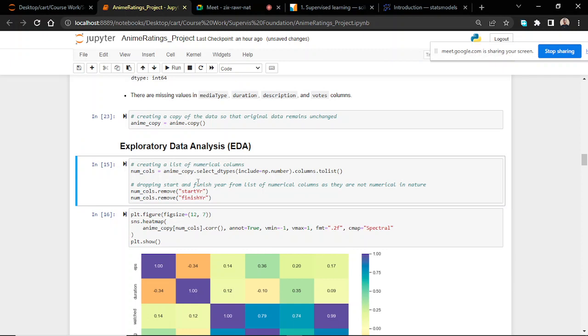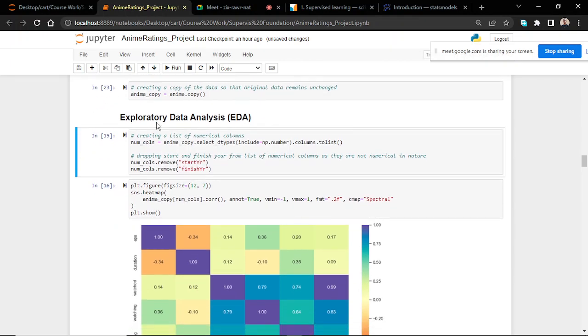So like I told you guys, EDA is what you are going to use very well for analysis. Use this to check some data analysis on your data set. So the first thing that we are going to look at, you can see I've written a comment: creating a list of